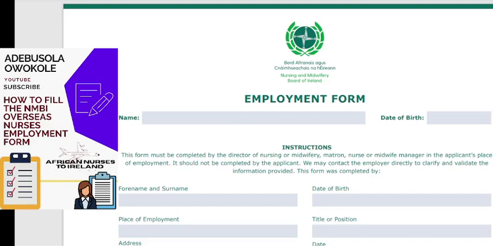This is the NMBI Employment Form. I want to explain to you how to fill this form again. This is the employment form. It's one of the documents you're going to be asked to upload in your portal if you're applying for